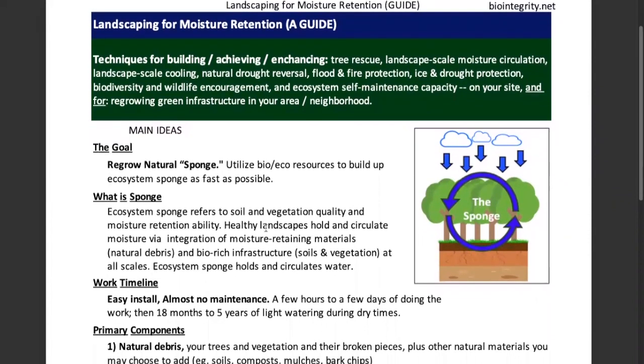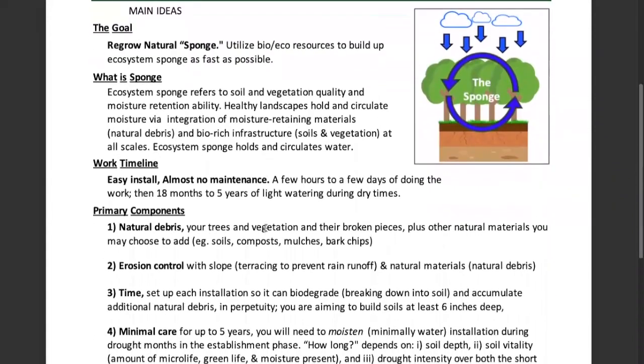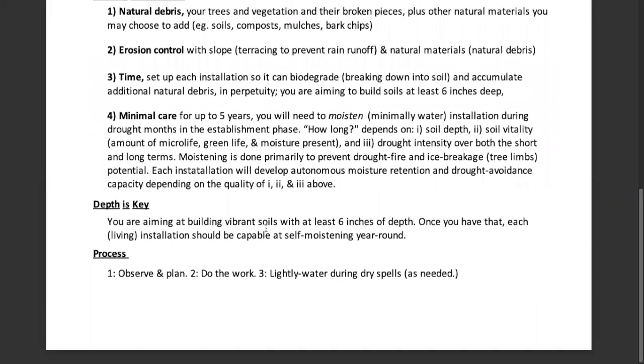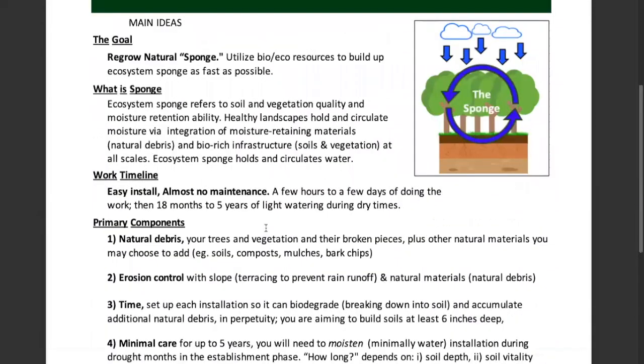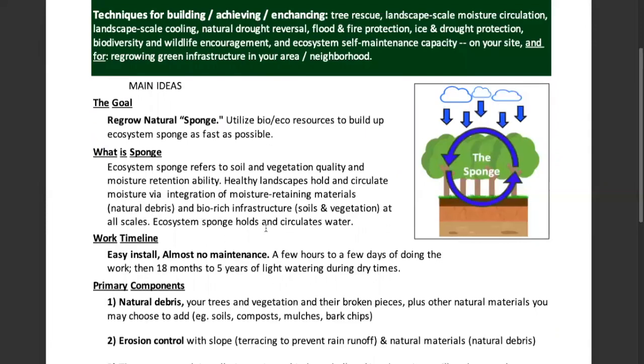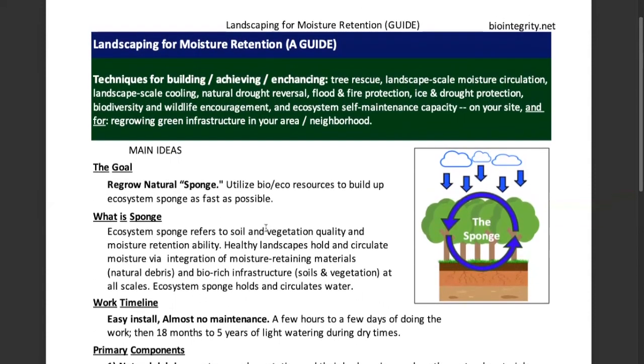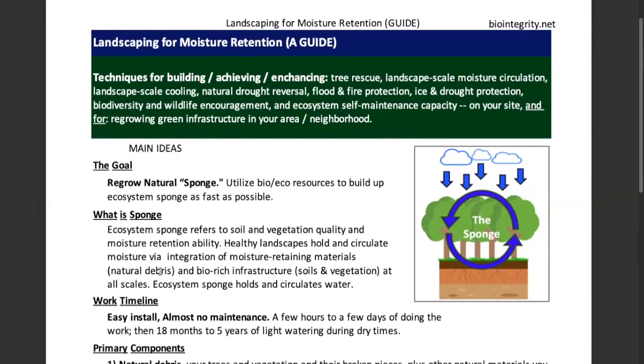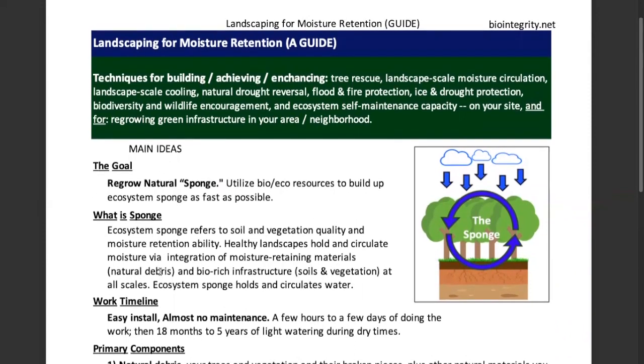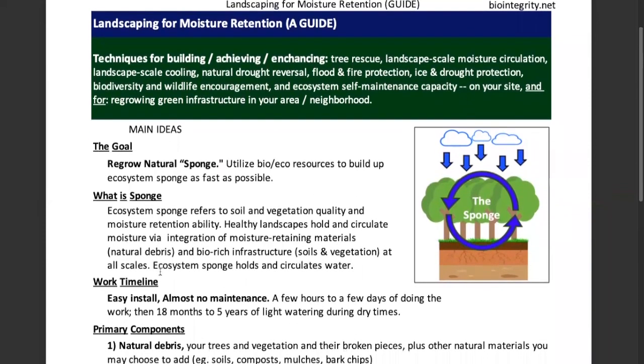But with this document, you have full access to understanding the concepts that go behind landscaping for moisture retention, which are essentially just permaculture and biosphere science on ecosystems and how they retain and circulate moisture. So again, I'm just going to read through what's here quickly and give you the overview, hopefully in a way that makes sense. And then you can go back and use this document to do your own work and your